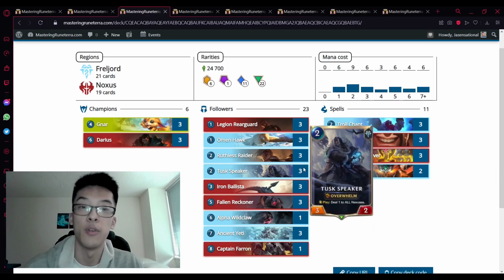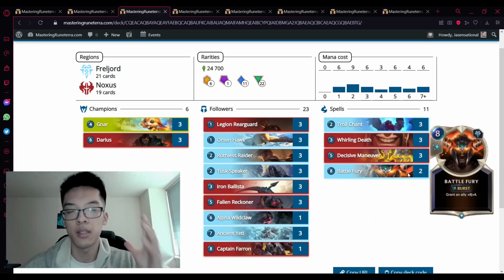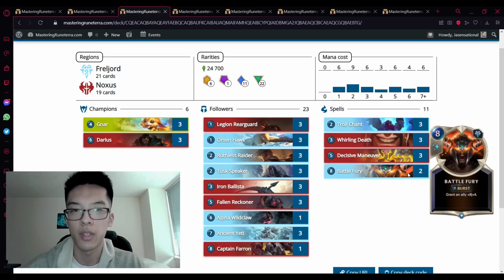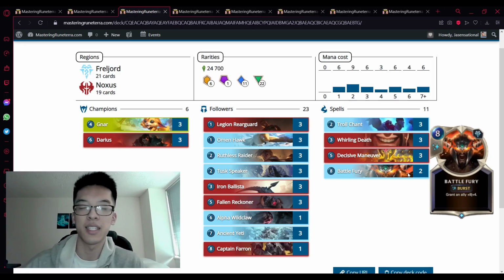Of course, with an Overwhelm deck, we have Battle Fury just being able to close out the games and being able to apply a lot of pressure. When we're all playing on board again, you have no removal for a card like Battle Fury. You don't have Vengeance, you don't have Hush. You're playing cards like Pokey Stick, maybe like a Buster Shot. Deal 1, deal 3. You have no way of stopping a Battle Fury,